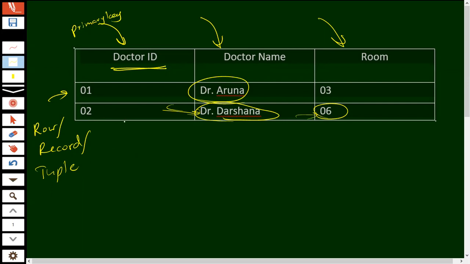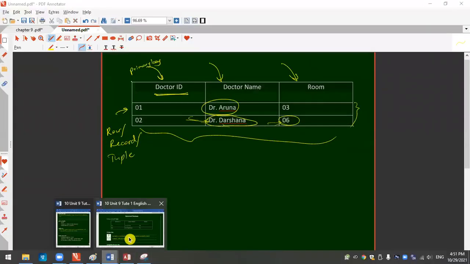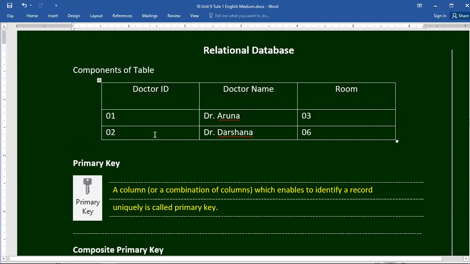Then in this table, there are 3 fields and 2 records, right? Then we have to take that note. Just take the topic relational database and the components of that. Just mention rows and also